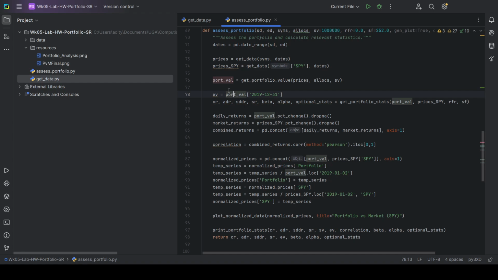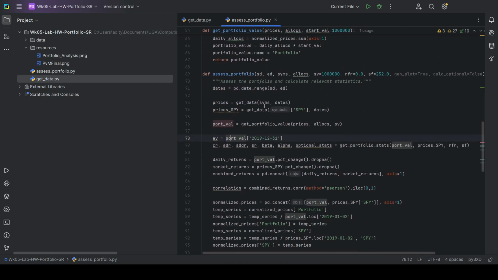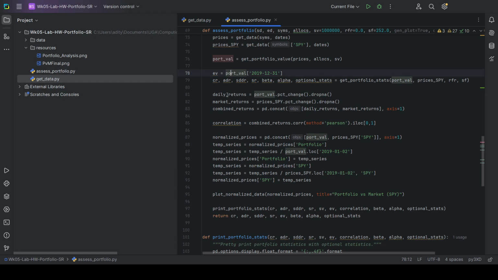The end value is just the portfolio value at the end of the year, so the 31st. The rest of the stats were calculated using the get portfolio stats function from up here. And then we calculate the returns and market returns here again because we need to use the combined returns for both the correlation function here as well as for the plotting. And then for plotting, we have to normalize these again separately,